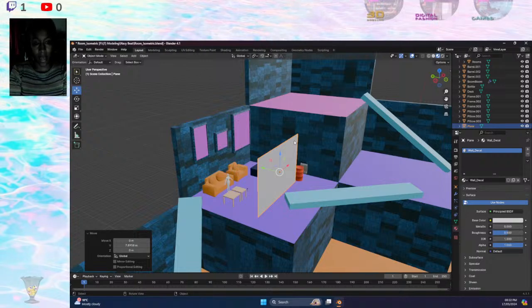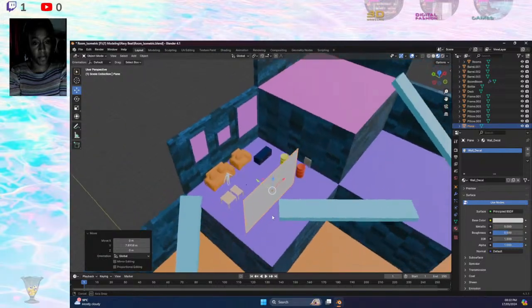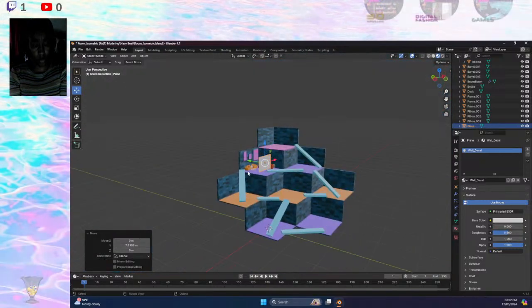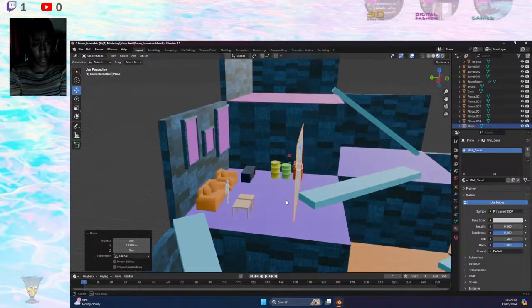And then this is just a plane that I made because I want to be able to put some graffiti on it, but I didn't want it to have to sit on the texture of the wall. I wanted to be able to move it around and rotate it in the space. So that is where we are. That is where we've got to. So just sizing everything up, making everything